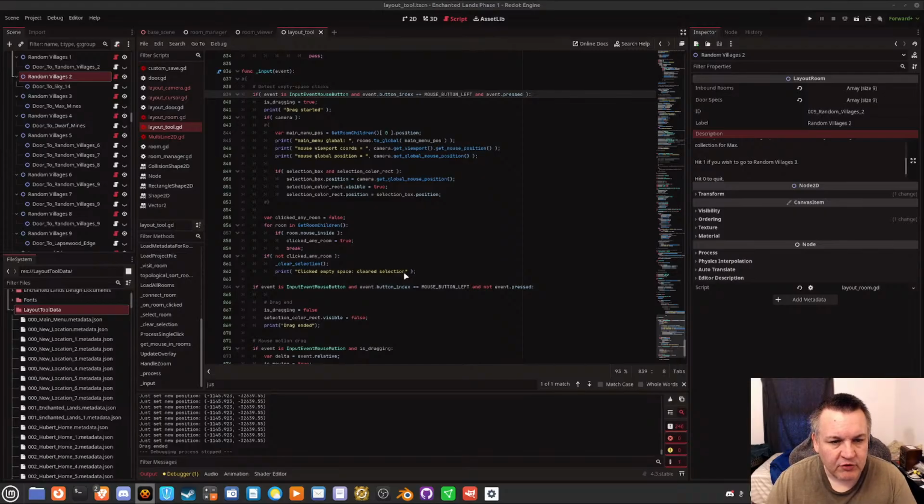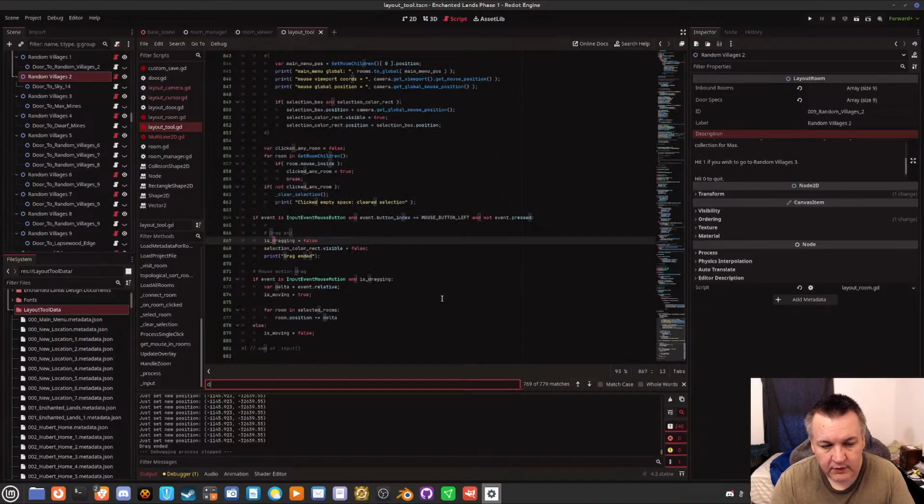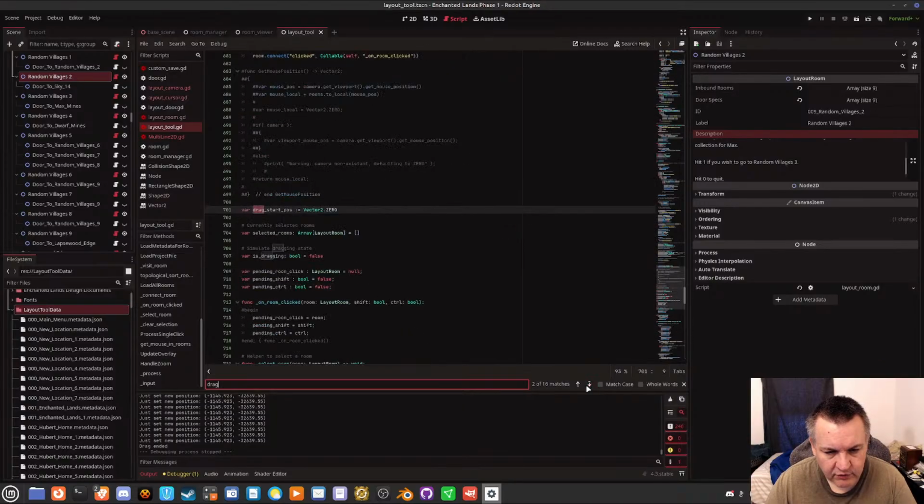Drag started. Do we have drag start position? I thought we did, but I don't know. I need to find something in here. Drag. Okay, we do have drag start position, so drag start pause.